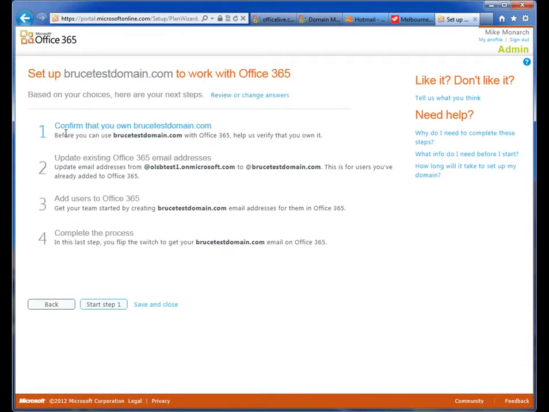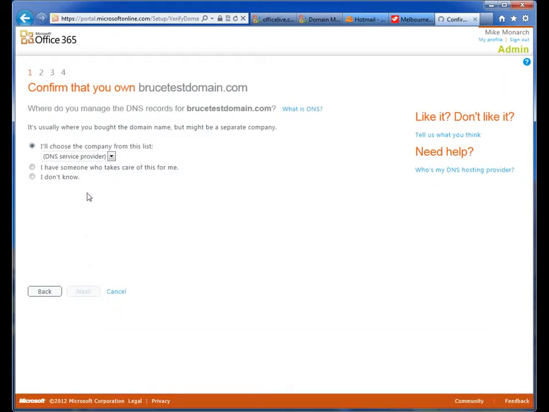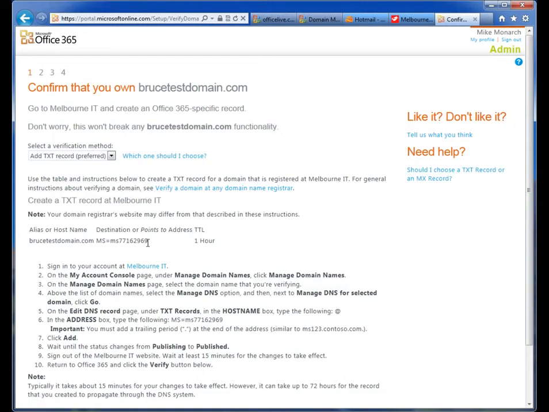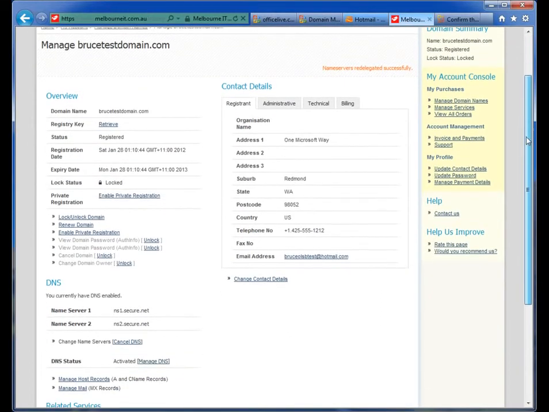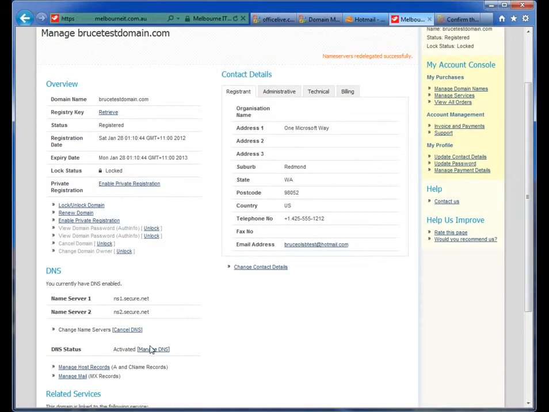The first step in adding your domain is to confirm that you own the domain. So let's click on Start Step 1. I'll choose Melbourne IT and click Next. This step here instructs you step by step how to create a text record at MIT to prove that you own the domain. So what we're going to do is copy this value, and we'll switch back to Melbourne IT's website. I'm going to scroll down and click on Manage DNS,